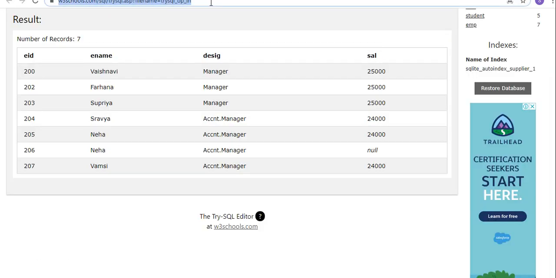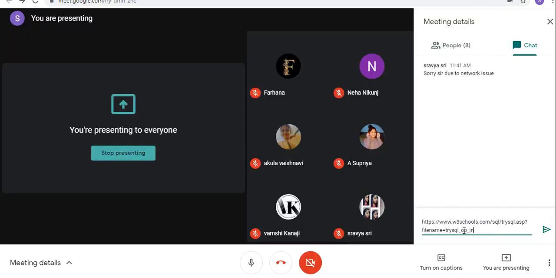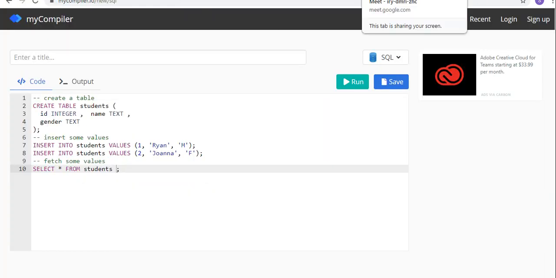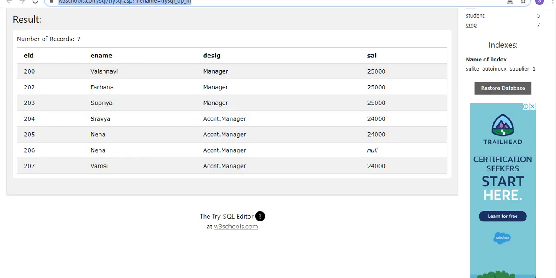So I am sharing this link in the group, or here I will share it. Just copy the link, make it a bookmark, so you can practice all the queries. Tomorrow you have to do all these things in front of me.